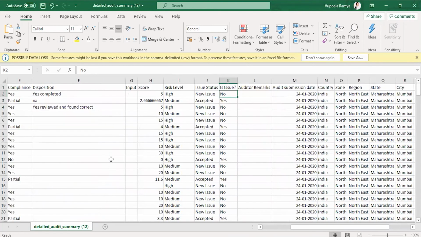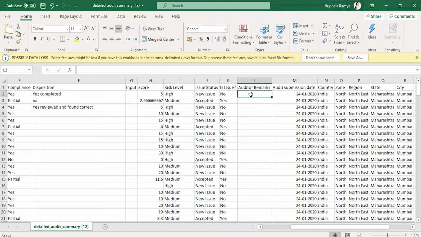So as and when I generate, the current issue status would also be shown here, and it also gives us a column which states whether it is an issue or not. So if I want to do a filter or anything, I will be able to make it out, because we have this positive conformity as part of the checkpoint.